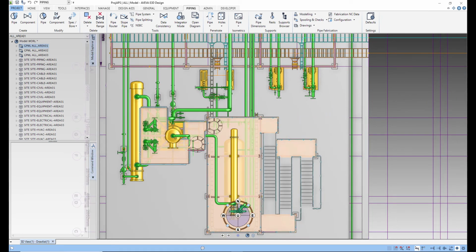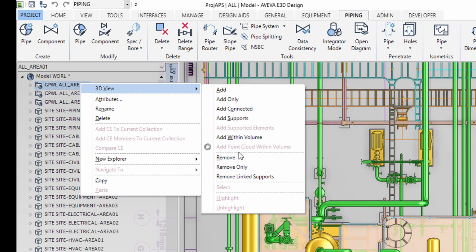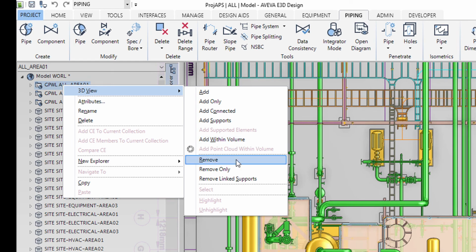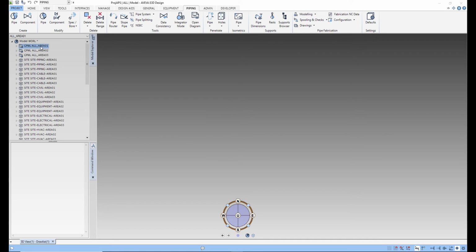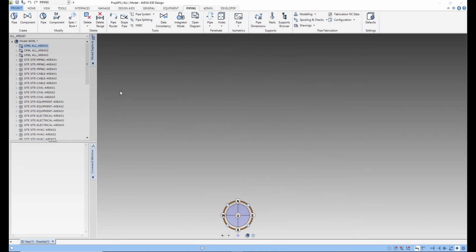So this is one way to add. If I want to remove from the drawing canvas, again go to that particular item, right click, 3D view, and remove. Alternatively, a shortcut is just to select this and drag it into the drawing canvas. This way also you can add. Again I am removing. Now I will not use that many commands, just for the information. With commands also we will see how to do this.